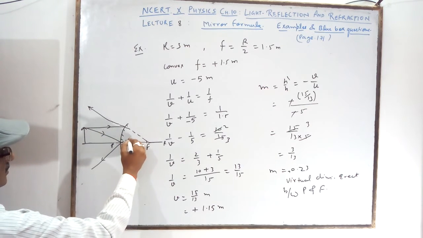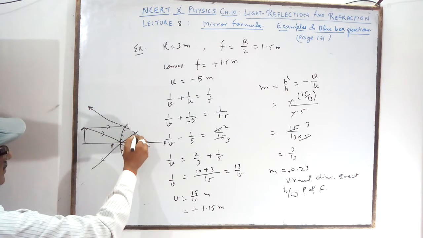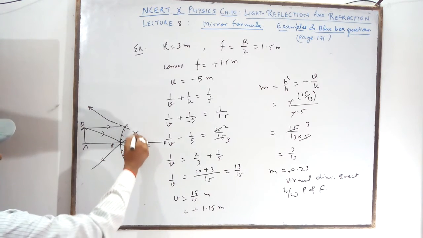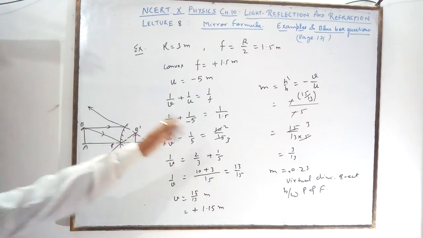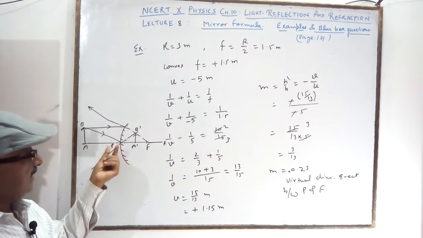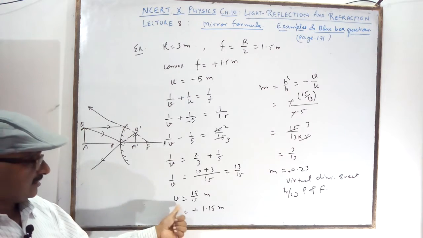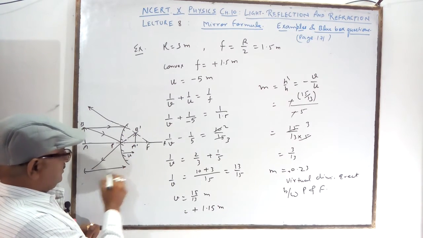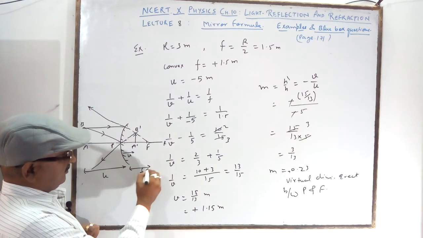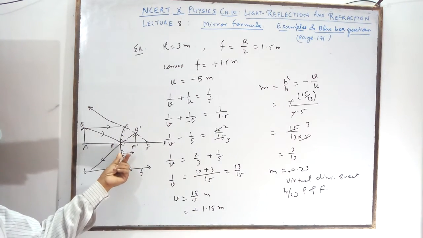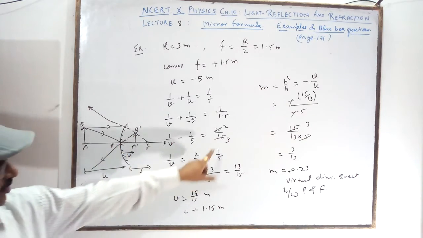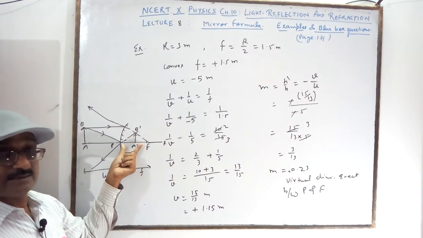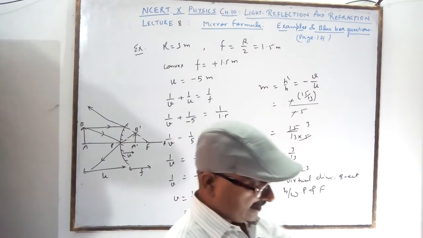Then you produce it this side. What are you getting? Here you are getting the image. If the object is this, then the image will be this. It is the ray diagram for this figure. It will be 1.5, it is 1.15. What is the V? V is positive. V is this. It is V and it is U and it is F. You are getting in this figure. V is here, V is between 1.15. What are you getting? 1 point. And what is the 1.5? 1.5 is this. So like this you can draw the ray diagram also.